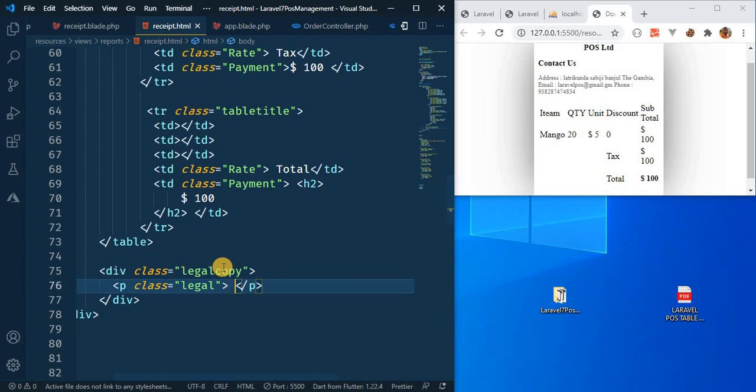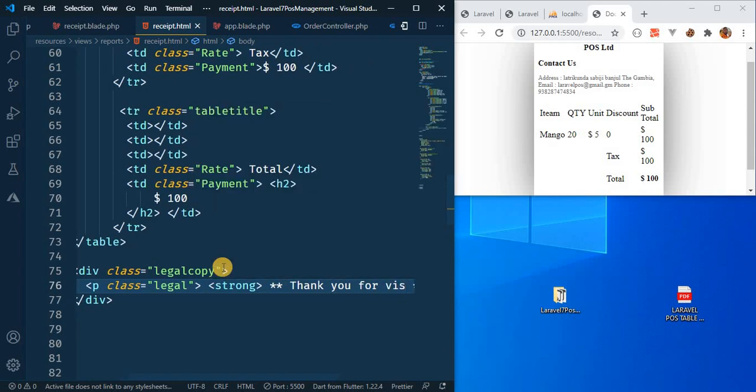I'm gonna pass a strong, inside the strong I'm gonna pass something like this. Example, I'm just giving an example, so you can add anything here, so you can say the message,